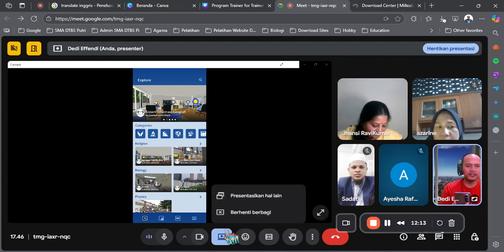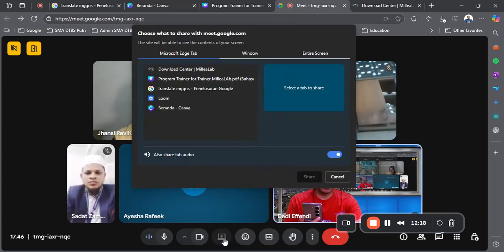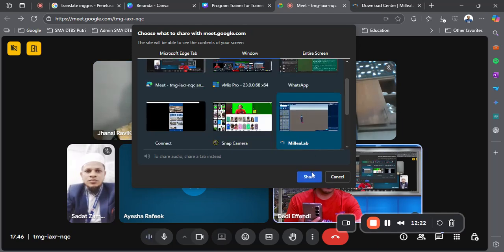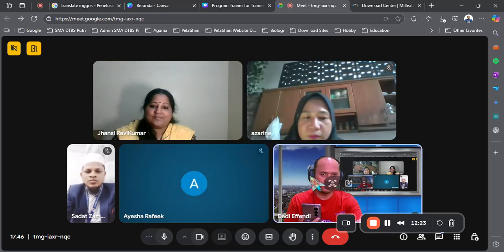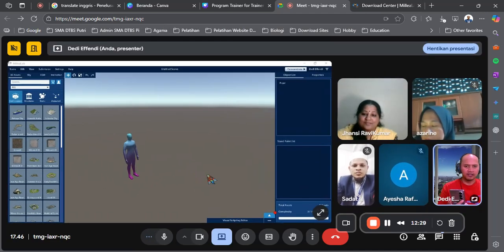If you have installed it before on your Windows PC, then you will have a program running like this. I'm sharing my screen. This is the Mirelia Lab version on a Windows PC. If you have installed it, it's only 70 megabytes, not gigabytes. 70 megabytes is less than 100 megabytes, so it's very small.